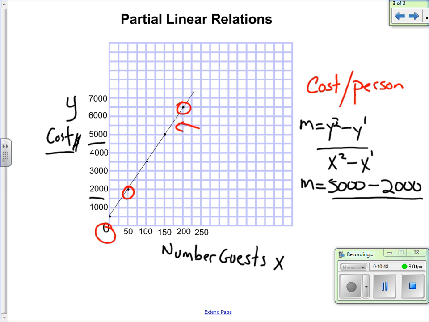And then over x2 and those points, so at 5,000, right, we're looking at 150, and at 2,000, we're looking at 50. So when we calculate that out, 3,000 divided by 100,